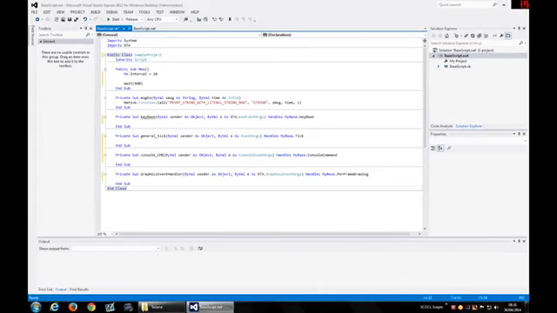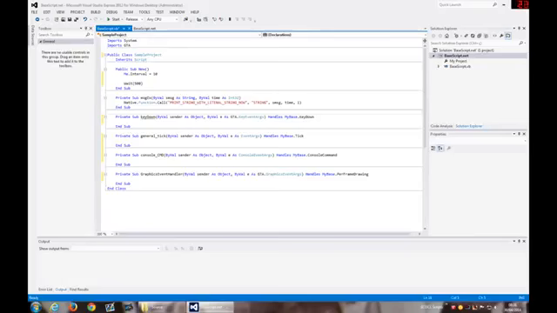Basically what a script does in GTA is call native functions in the game. So basically all that ScriptHook does is call some native methods for you.